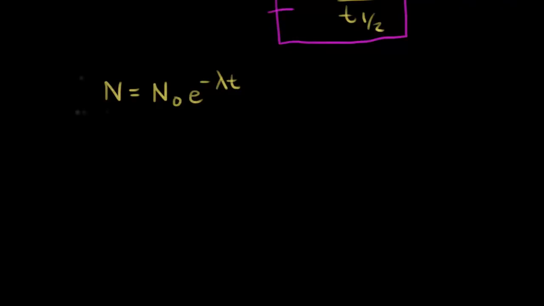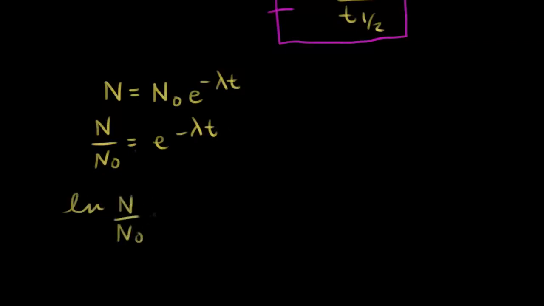a straight line. And so we have to divide by N naught. So we have N divided by N naught. So we divide both sides by N naught, and we get e to the negative lambda t here. All right, now to get rid of this e, once again, we just take the natural log. So we're going to take the natural log of both sides. So natural log of N over N naught is equal to the natural log of e to the negative lambda